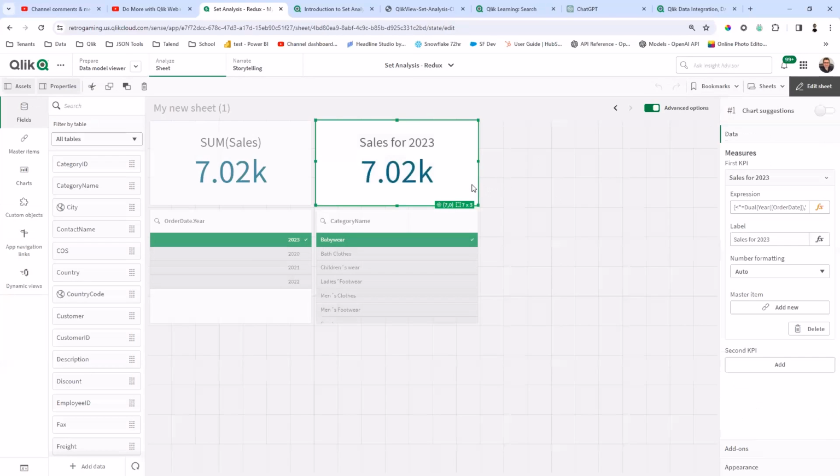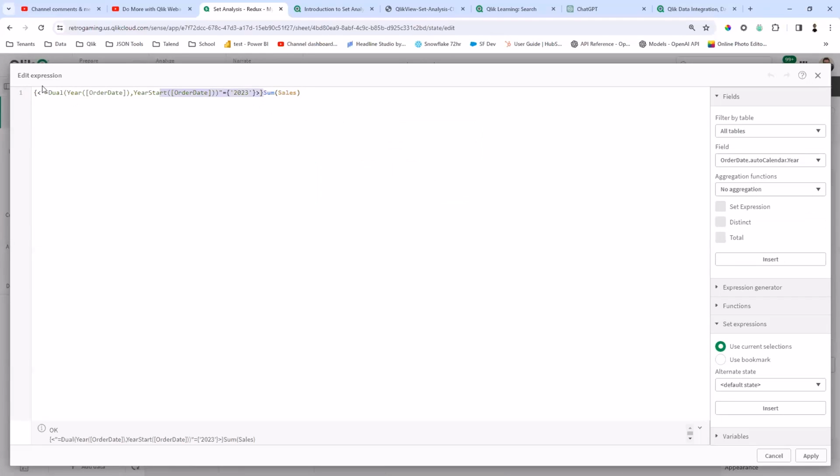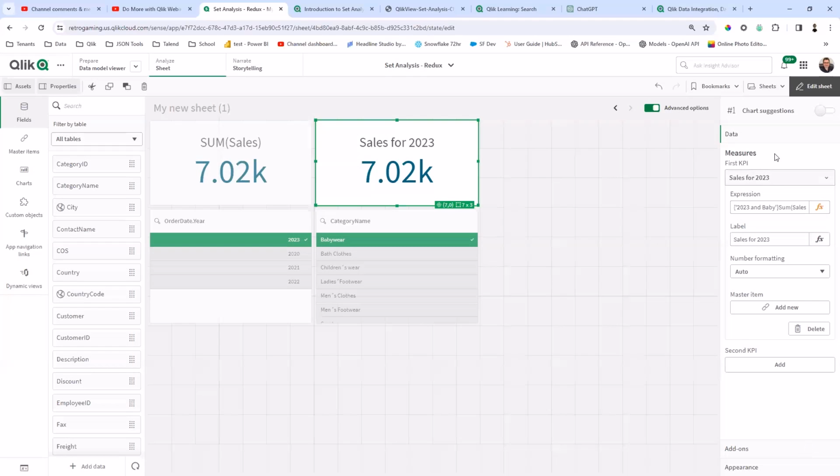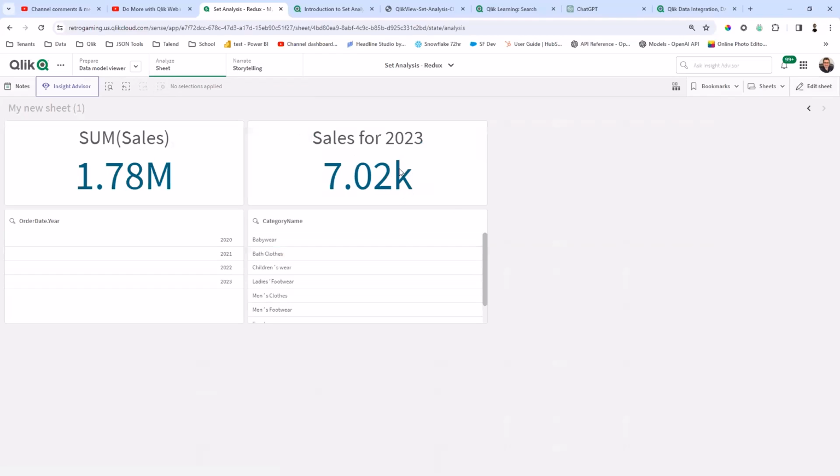So let's say I wanted to change my set expression and just reference the bookmark. So I want to show you two things that it does. Now, use bookmark. You'll see it shows 23 and baby. When I click insert, it actually inserts the fields that are selected, okay? The values for the fields that are selected. But if you wanted to make this more dynamic, you could actually just reference the bookmark name, in this case here. So you could reference, what is it? 23 and baby like that, I believe. Let me see if that's the way that works. Right, so now you can see sales for 2023 are now using that bookmark